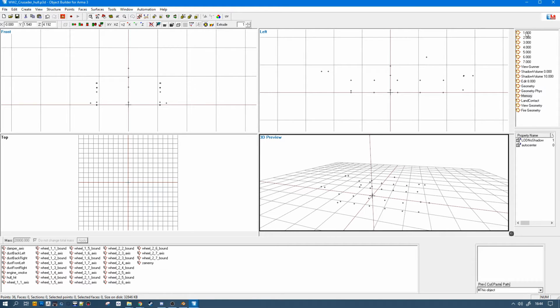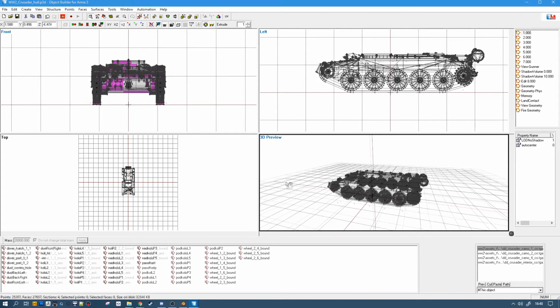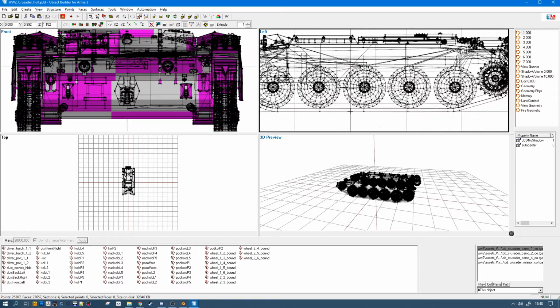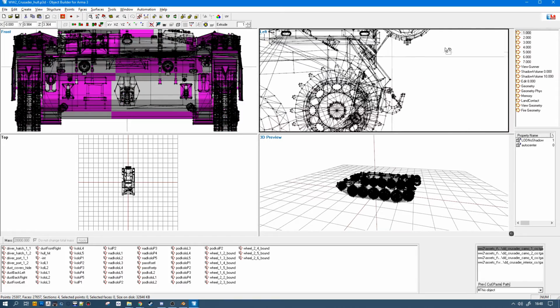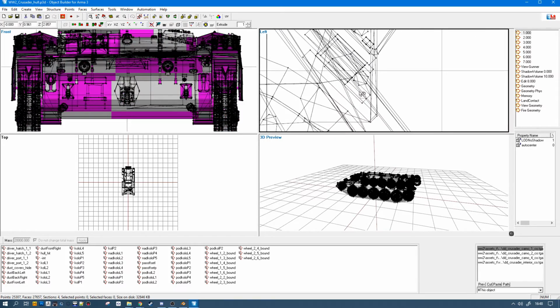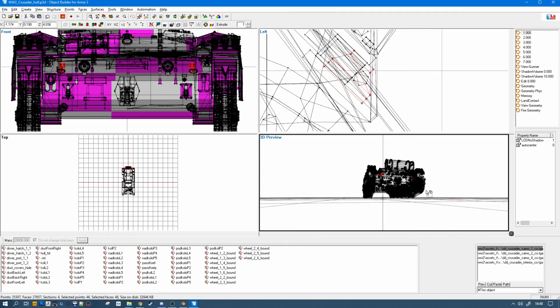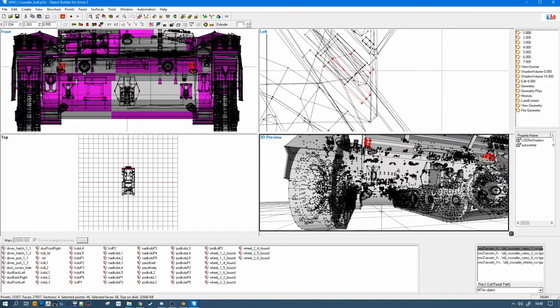Next, we're going to add the exhaust, and to ease up the process, I'm going to retrieve the piece I'm interested in there.